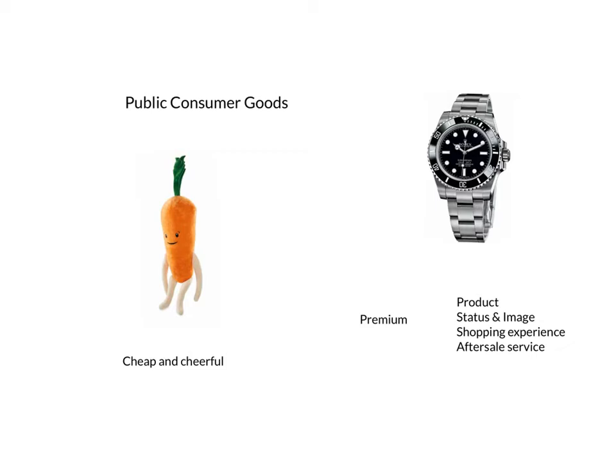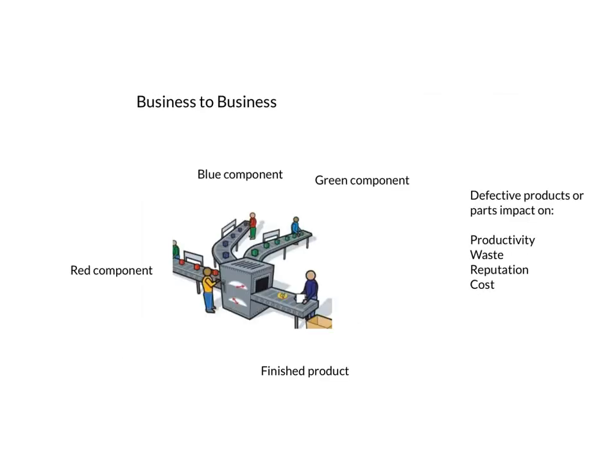And all of these will shape our perception of the quality of a premium product in a way that we would not expect of a cheap and cheerful one. In the case of a business-to-business example here, let's say that the blue component is defective. We are assembling it with a good red component and a good green one. The finished product will then be defective as well, and we can't deliver it to the customer. So if our quality checks at the end of a production line identify it as being defective, it will